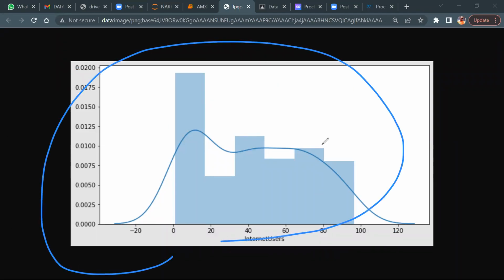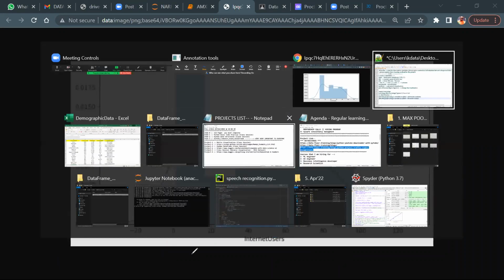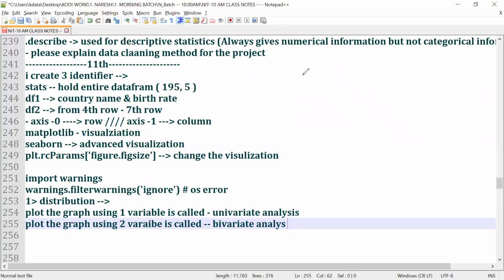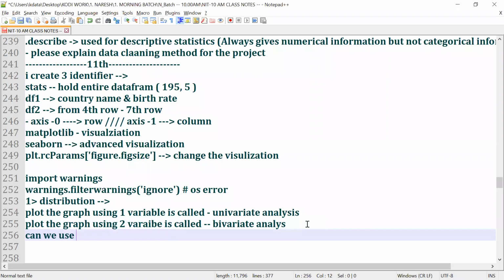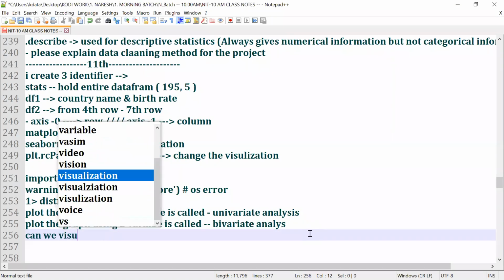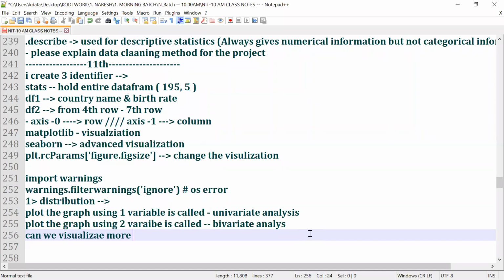No, right? So the interview question is, how can we visualize more than 3 variables?